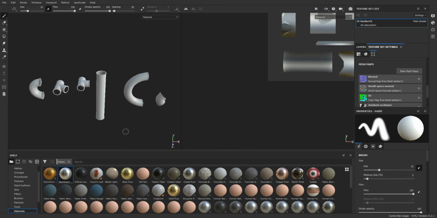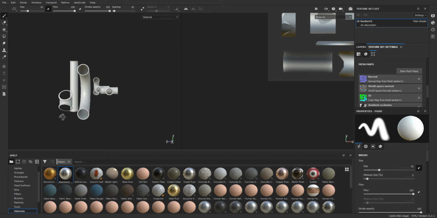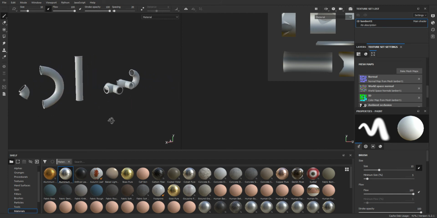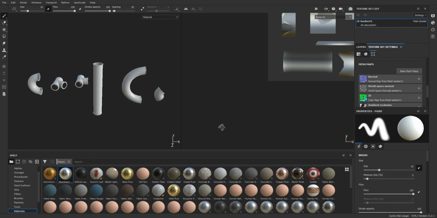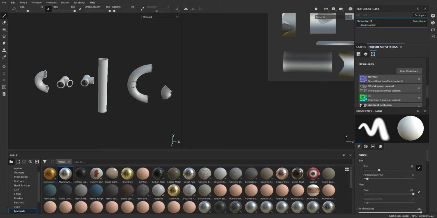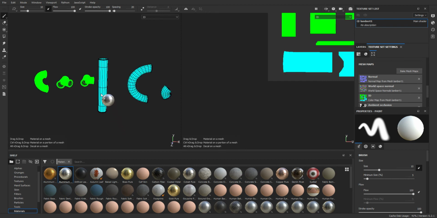Yeah, so the one other thing I wanted to show you was if you were baking stuff on separate texture sets just because you wanted to, let's say, add a different material to different ones, then what you can do is actually put a color ID on right here on the high poly, so that basically what Substance does is it will bake in the ID for your high poly. So like if you have